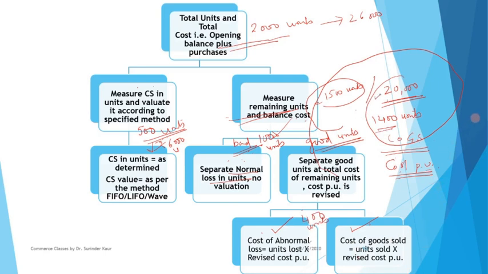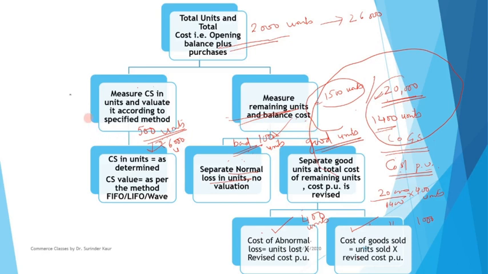20,000 is the overall cost. So 20,000 is the cost of 1400 units. So calculate the cost of 400 units. This will be abnormal loss, and for 1000 units if we are calculating, that will be units sold. The only thing is that while taking up the valuation of stocks, closing stock is calculated separately, and then only we work for the normal or abnormal losses in a step-by-step manner.